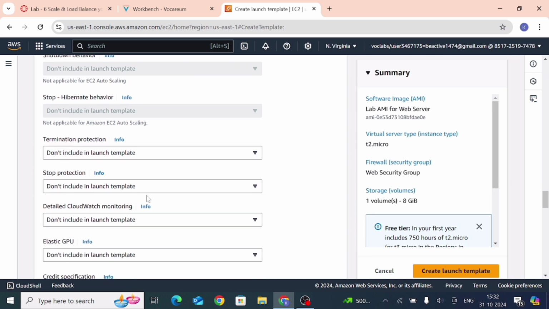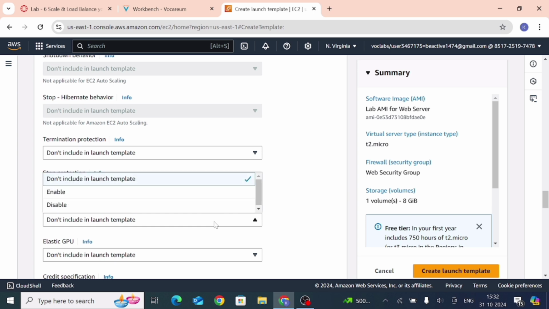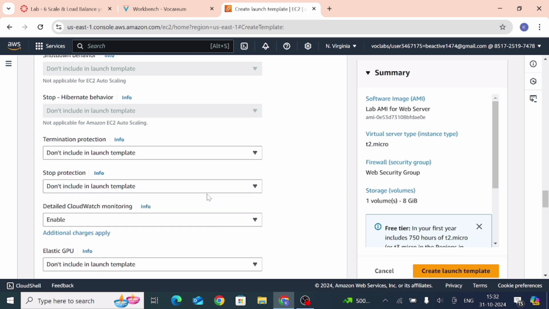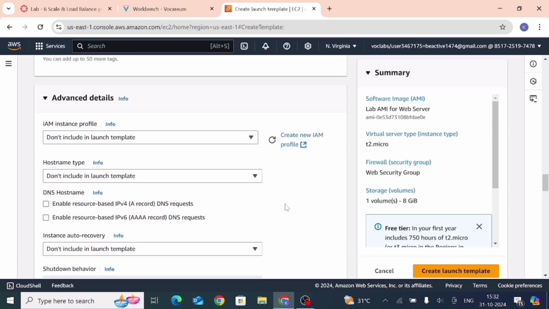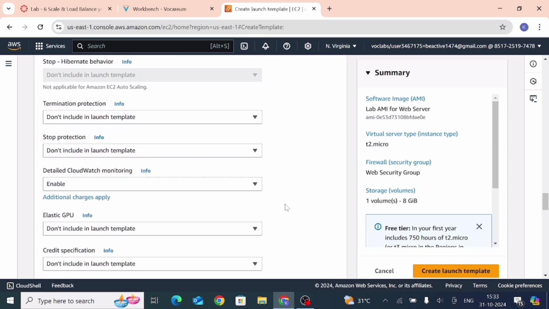This detailed CloudWatch monitoring, so from this enable detailed CloudWatch monitoring. The remaining will not disturb anything, only we enable this detailed CloudWatch monitoring, and the remaining all keep as it is from this advanced detail. Now click on create launch template.